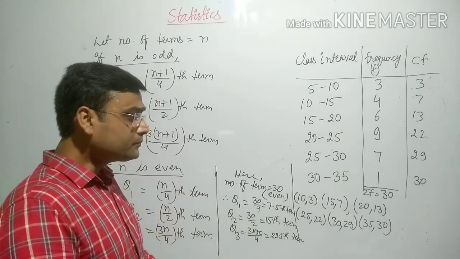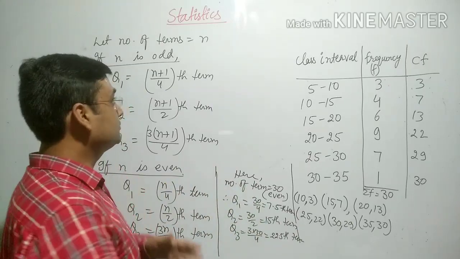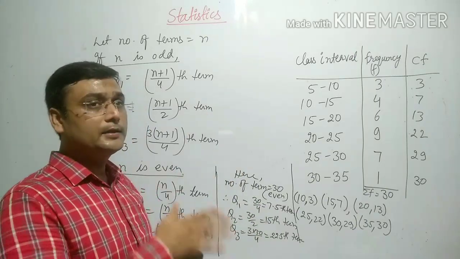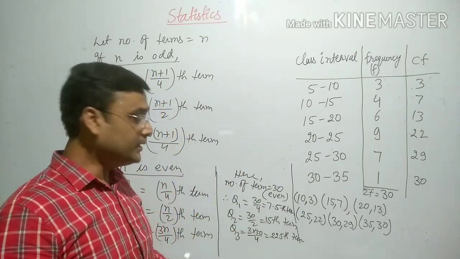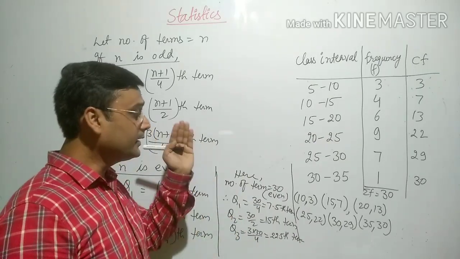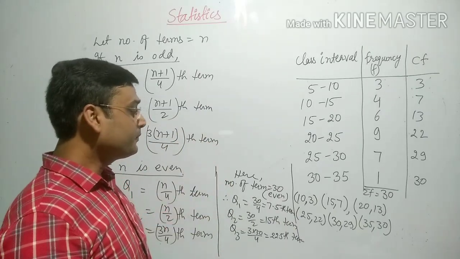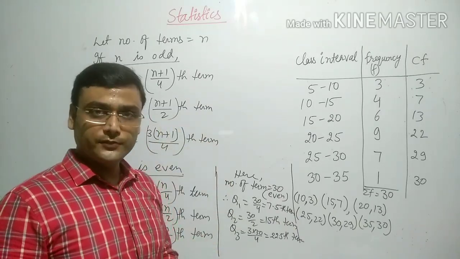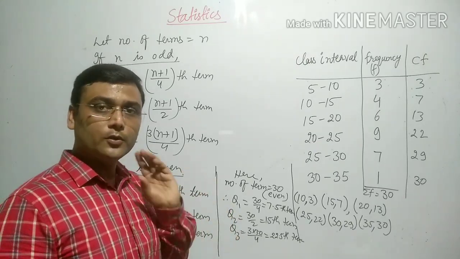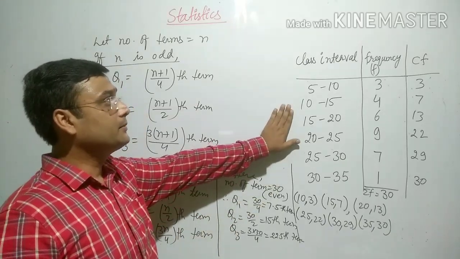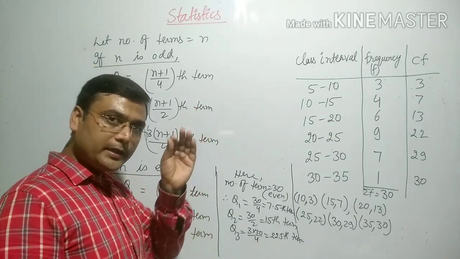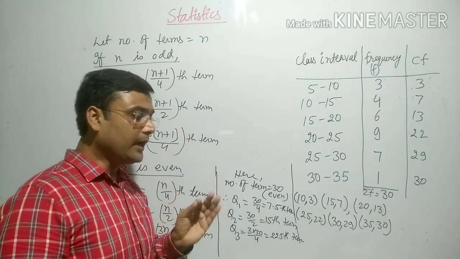So for this data we will draw the ogive, and then we will see what we can do here. Since it is very difficult to draw a perfect ogive, because on the graph paper there are small divisions, and very minute observation is important, I am taking the snap of the figure drawn in the book. Then it will be easy for you to understand how you will take the points from the ogive.